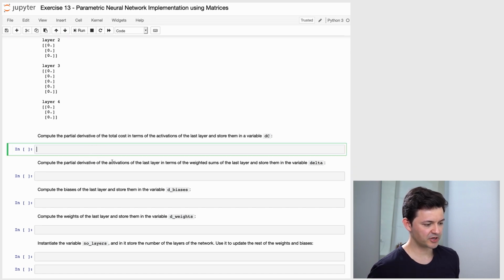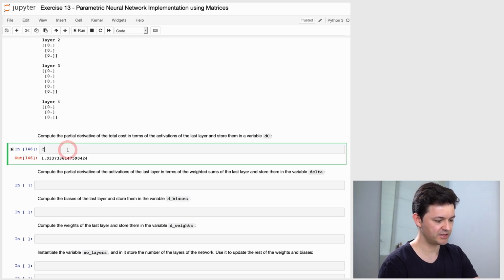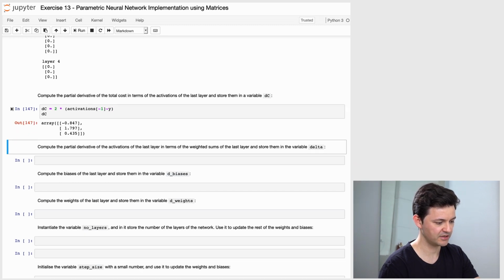So it says compute the partial derivative of the total cost in terms of the activations of the last layer and store them in a variable dC. Well, the cost is C, yeah, but the dC will be derivatives of the cost, which will be just 2 times activations of the last layer minus y. This is the formula. So dC, we now have